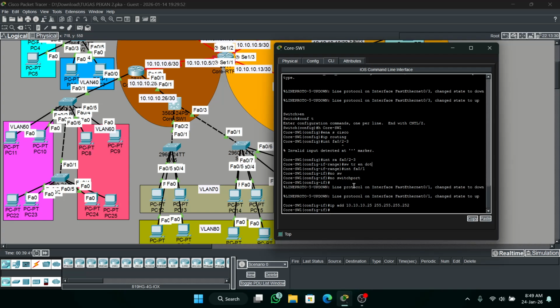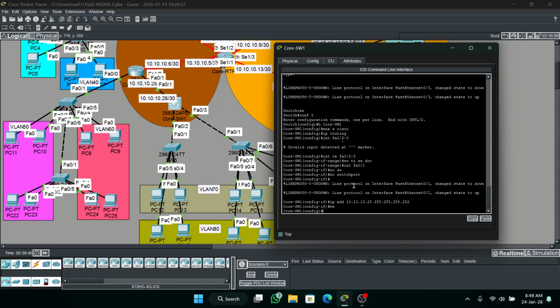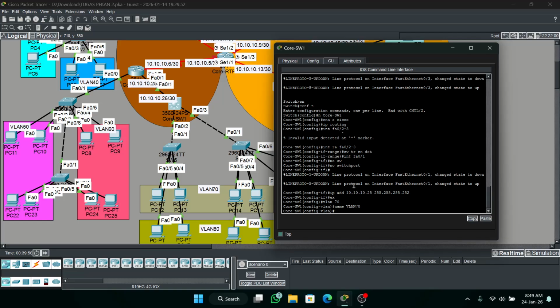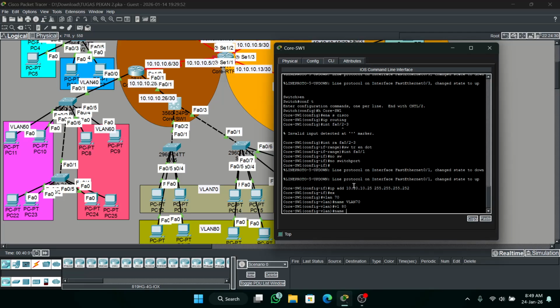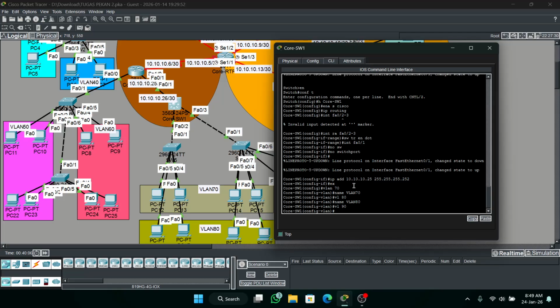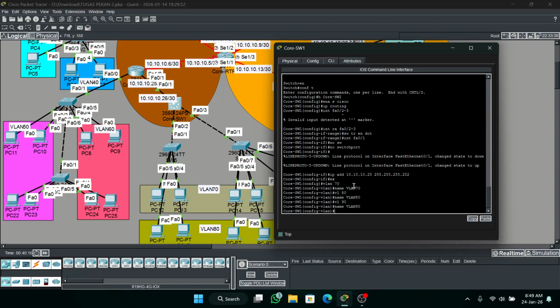Next configuration is VLANs. Make VLAN 70, name VLAN 70. VLAN 80, name VLAN 80. VLAN 90, name VLAN 90.